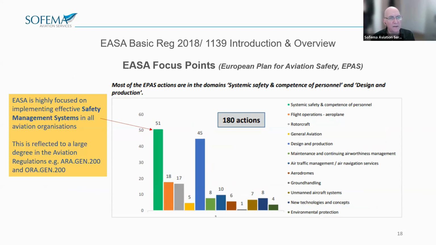And 51 of those are related to implementing effective safety management systems in organizations. So that's a very big and important theme for EASA. The second highest number of project actions are design and production related, sustaining high levels of certification, compliance, and dealing with new technologies. So the overall strategic theme for EPAS during its review period of 3 years is to focus on a safe, secure, sustainable and resilient aviation system, which is capable of coping with disruptive events of any type.